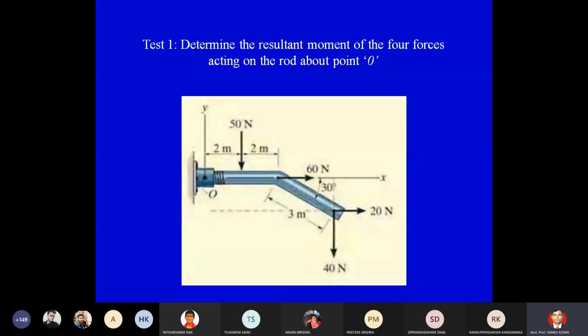But you have to calculate the moment for each force and then add them. Okay. Now we will discuss about